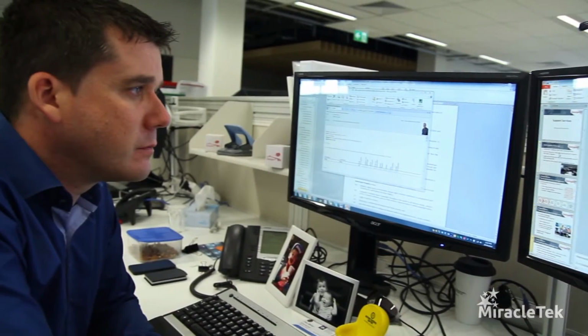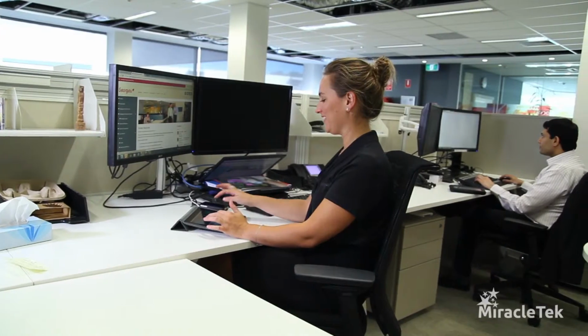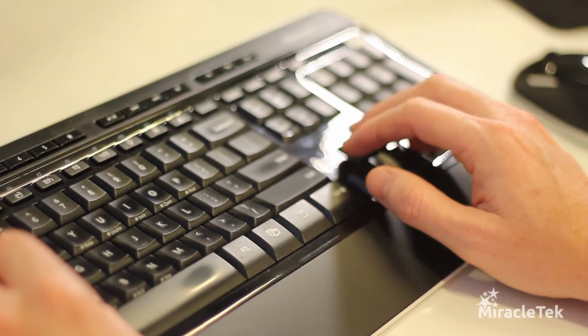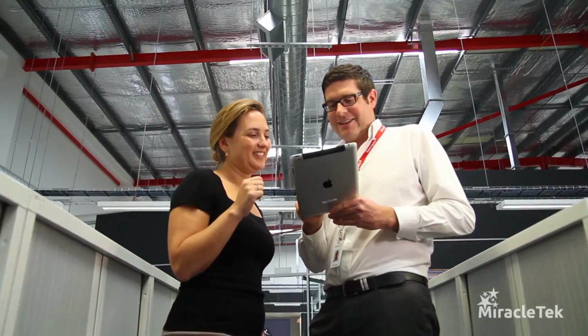HR is usually notorious for being a bureaucratic part of any organization, with piles of paperwork involved for every process or procedure relating to employees. With One App, Georgiou was able to completely revamp its approach to the way HR worked. One App has benefited the HR team in a number of ways. Firstly, it's made it employee-centric, so managers, employees and the HR team are able to actually interact seamlessly through the